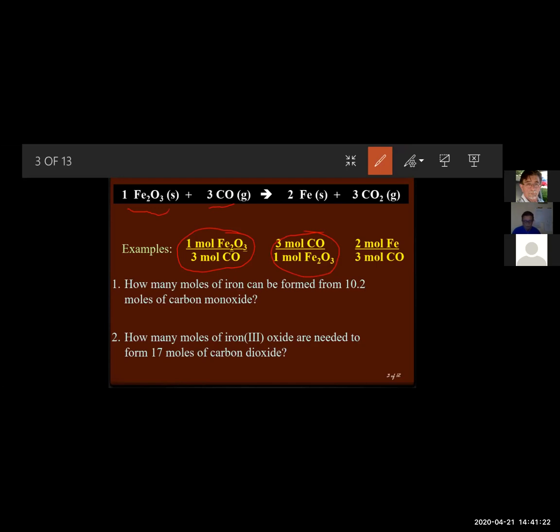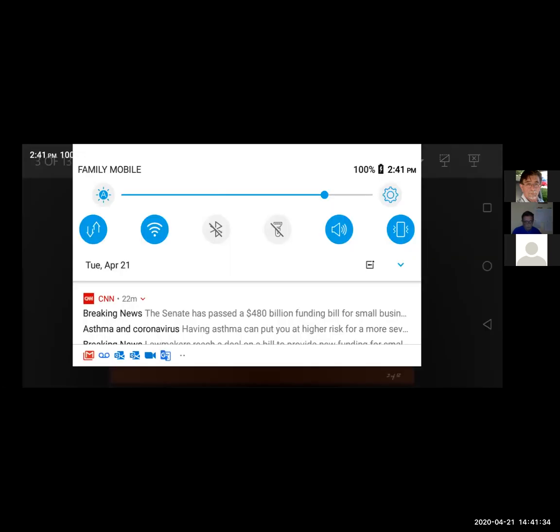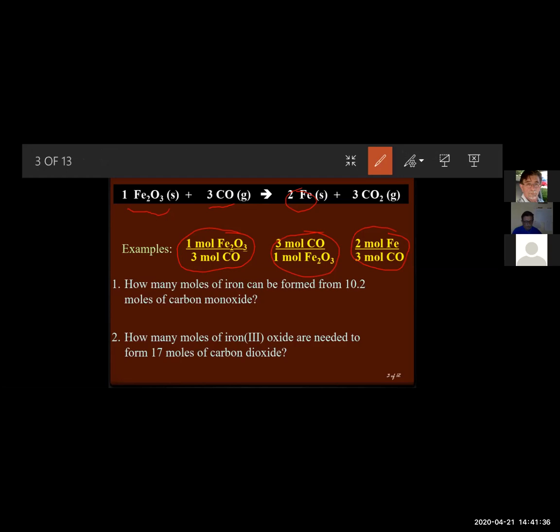Now we're not just limited to the reactants, okay? If we look at this ratio right here, where we got 2 moles of iron per 3 moles of carbon monoxide, well, that's that relationship between these two right here, okay? And you have the relationship between carbon monoxide and carbon dioxide, which is a 3-to-3 or 1-to-1, okay? And so every one of those relationships or ratios can be written 1 or 2 ways. And which way you write it depends on the question that's being asked. So let's take a look at the first problem.